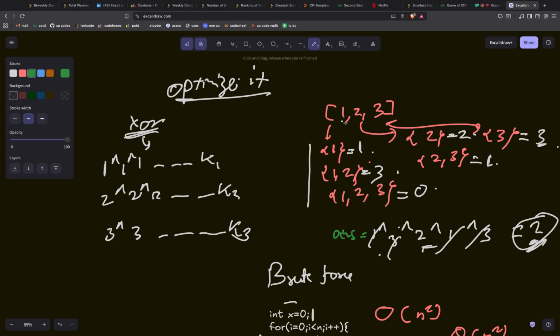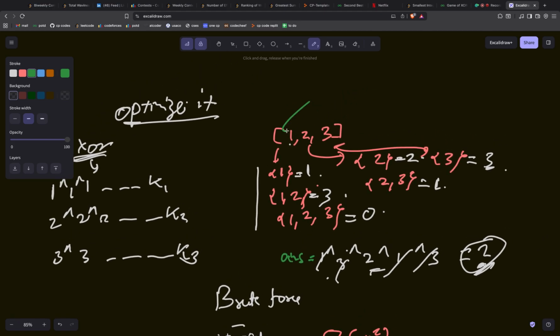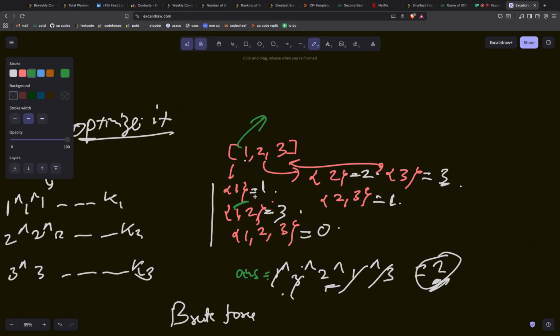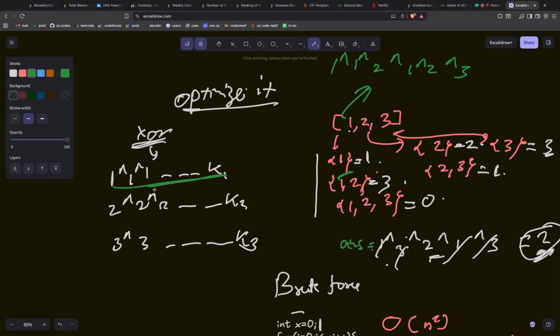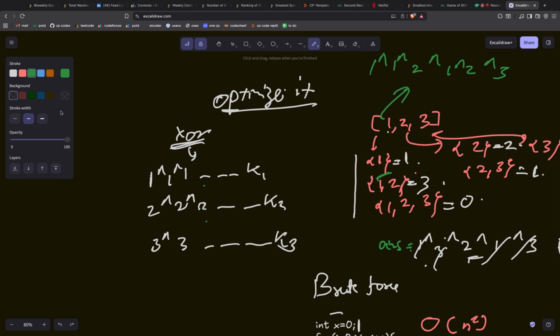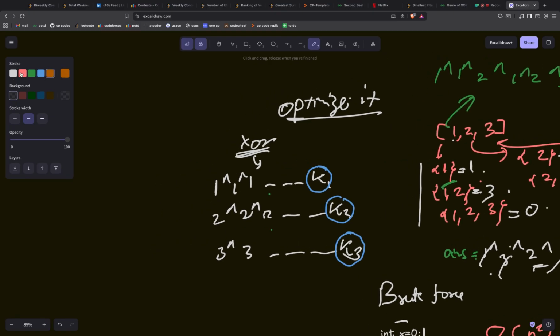If we break this down, the final answer is nothing but 1 XOR 1 XOR 2 XOR 1 XOR 2 XOR 3. All the subarrays will only contain these elements. So let's generalize it and say that the final XOR is 1 some k1 times, 2 some k2 times, and 3 some k3 times. Now, does it matter what exactly K1 is, what exactly K2 is, what exactly K3 is? What I mean by this is, if K1 is, let's say, 10, or K1 is 4,